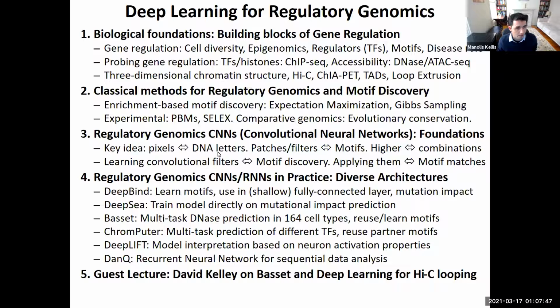And then introduce convolutional neural networks that we heard about for regulatory genomics, and then switch to David Kelley, who's going to be giving us a guest lecture on deep learning and using Bassett, which is one of the earliest tools and one of the most successful tools for deep learning for regulatory genomics. So without further ado,